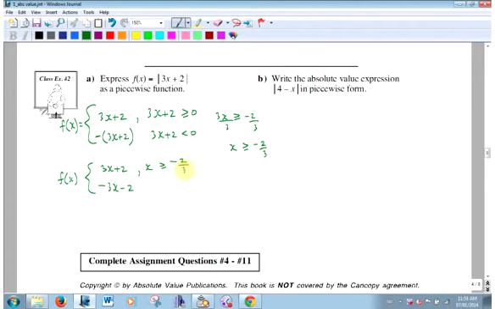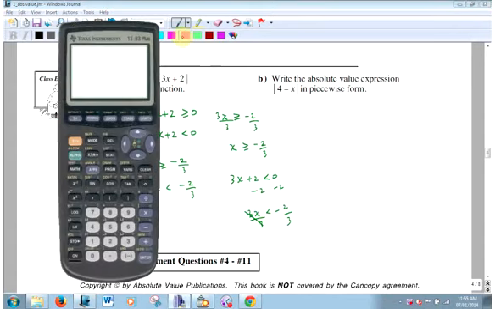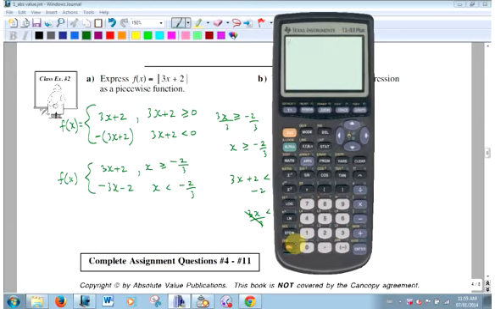Let's put that in our graphing calculator when we're done just to check it. So this here, well, x must be less than minus 2/3, right? Or just solve it again: 3x plus 2 less than 0, minus 2, 3x is less than minus 2/3. So let's have a lookie. 3x plus 2. That's one part of it, and the other part of it is minus